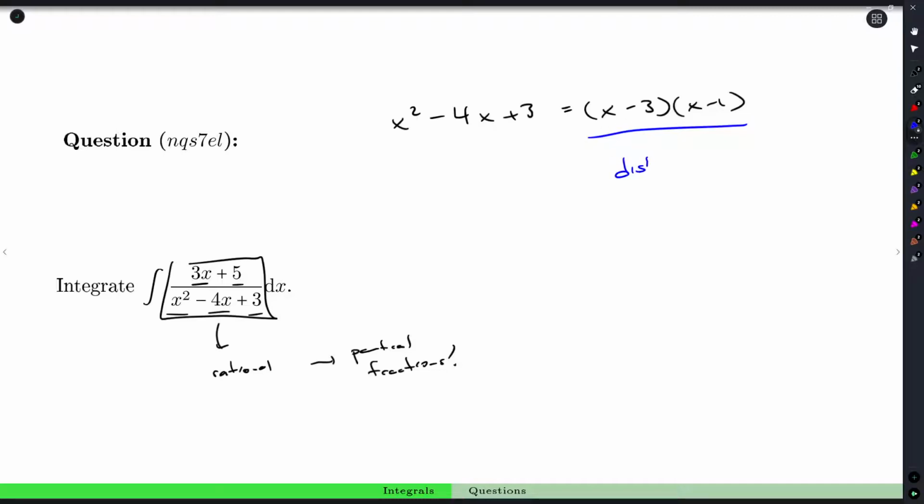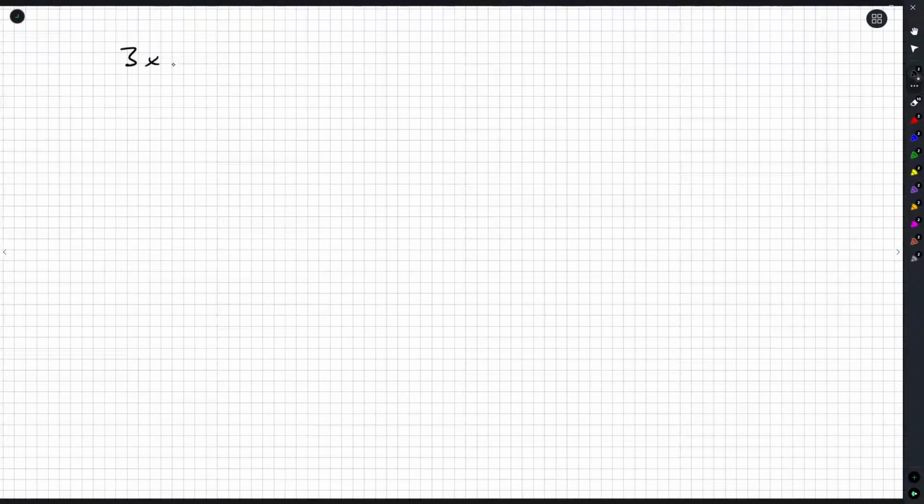We've got distinct linear factors. So you factor the denominator. Sometimes you get the denominator already factored when it's given to you, and then you set up an appropriate partial fractions decomposition. So when you have distinct linear factors,